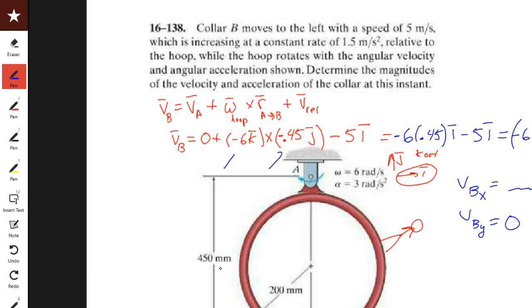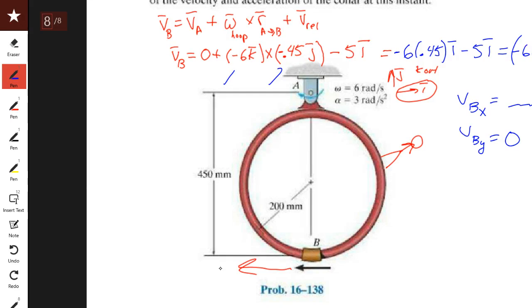Okay, now how do you find the acceleration? You mimic the velocities. So here we go, we're going to mimic the velocities. So I have the acceleration of B equals the acceleration of A plus alpha of the hoop cross R from A to B